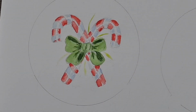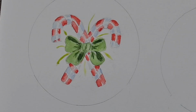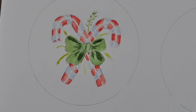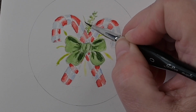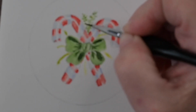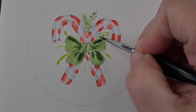Now I've decided I'm going to add just a little bit of greenery back there. So I'm taking a really pale yellow green, and I just sort of drew in some lines for stems. It's nothing too difficult. And then I'm just doing sort of long ovals or just little brush strokes really along the edge on the opposite sides of that stem that I painted on there, and just going all along the edge,